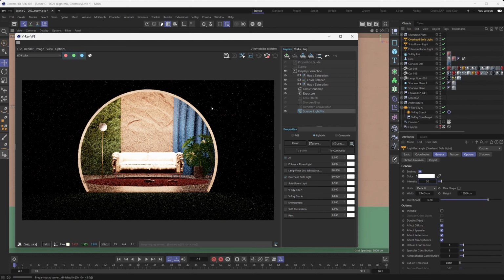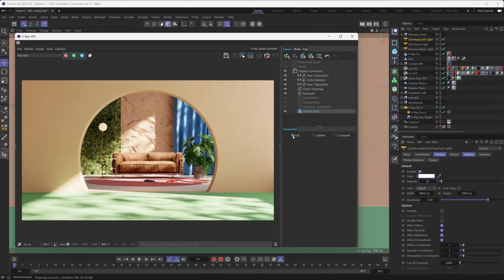Now, why does this happen? Well, we're not going to go into too much detail, but what's important for you as a beginner to know is that when V-Ray is rendering out your image, it doesn't see the LightMix version of your image, it sees the RGB version of your image. And so when V-Ray is calculating this image, it basically sees what we see here. And this overhead sofa light in our example here doesn't really have a profound effect on the rest of